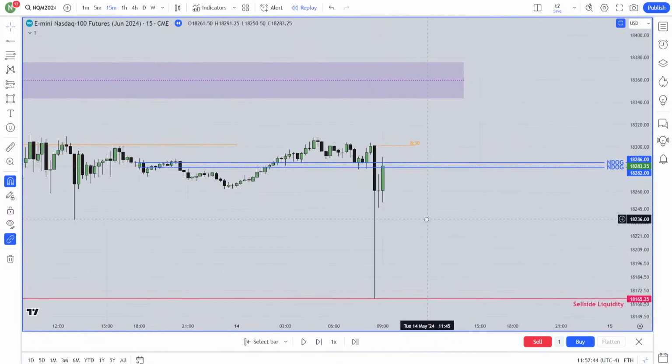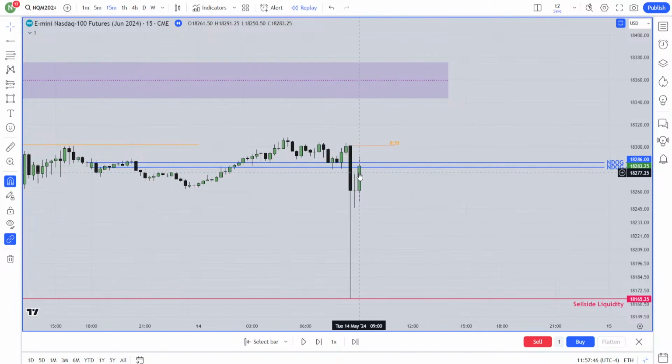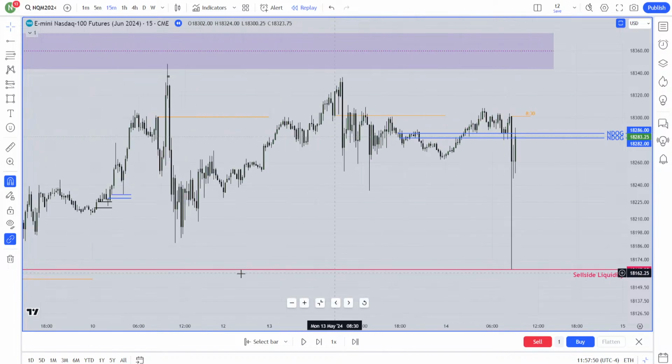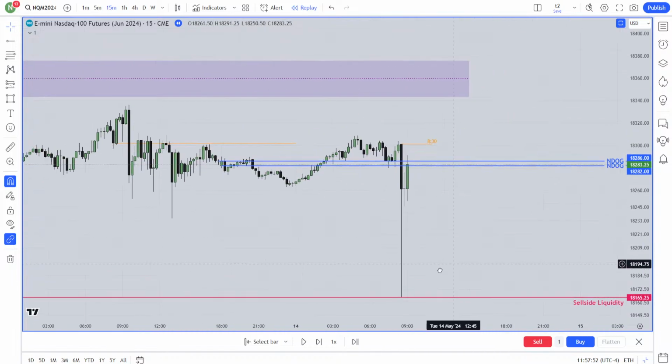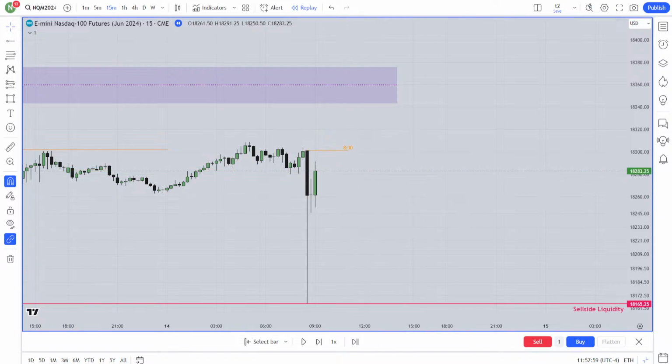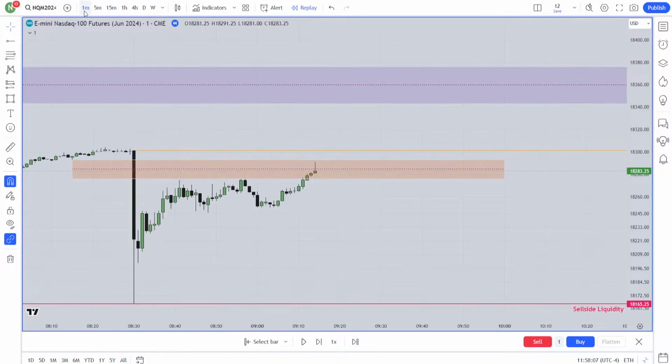Okay. Now, here, maybe you are looking for a sell. This sell side liquidity, you are looking for a sell. Let me remove this new week opening gap because I don't see it as important for me. You are looking for a sell. Here is your bearish parabolic gap. Go to your 1-minute chart.